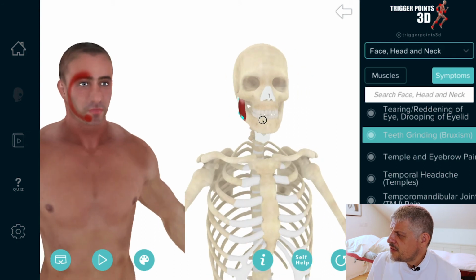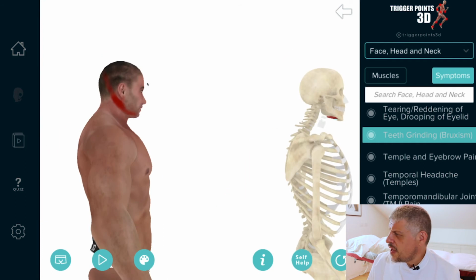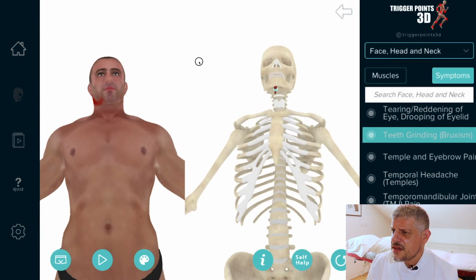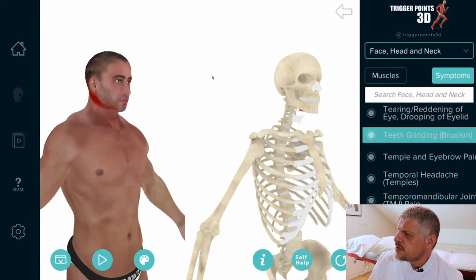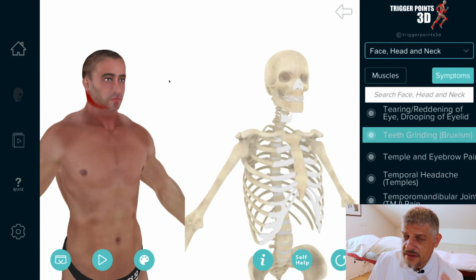So again, masseter, soleus, and finally the digastric. So of course we have 2 digastric, anterior, posterior. Digastric muscle is a long muscle that comes beneath the jaw, and definitely associated with tooth grinding at night or bruxism. So these are the 3 muscles that we would suggest that you could explore if someone's tooth grinding. Of course, there are some other secondary muscles that are worth looking at. There's the pterygoids, not so much associated with grinding, but certainly translation of the jaw